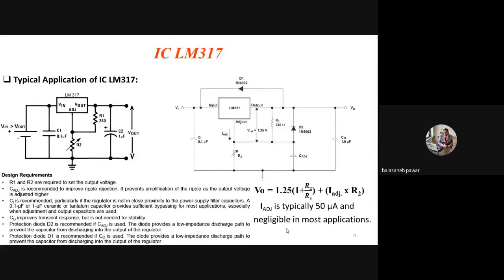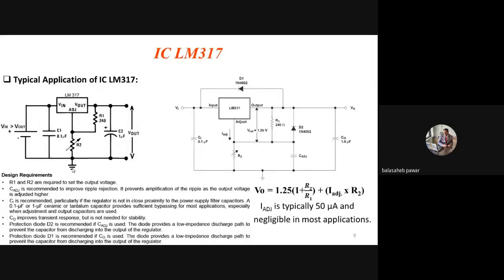At this stage, you have to remember the minimum output voltage of this variable voltage regulator, applicable to the positive adjustable as well as the negative adjustable regulator, that is LM317 as well as LM337. The minimum output voltage will be plus or minus 1.25 volts. Why plus or minus? Because if it is LM317, the minimum output voltage will be plus 1.25 volts, and if it is LM337, it will be minus 1.25 volts. Its value is totally dependent on the value of resistor R2, which is connected to the adjustable pin with respect to ground.